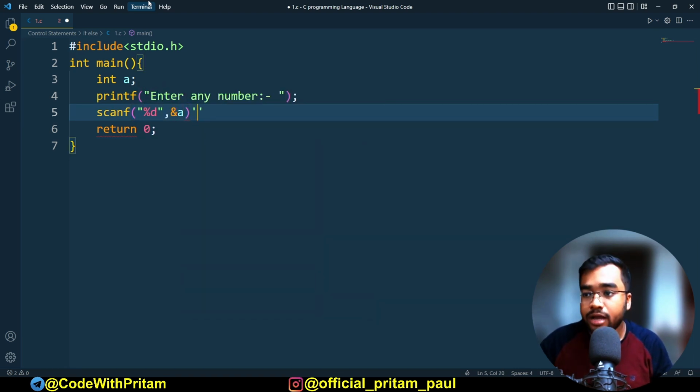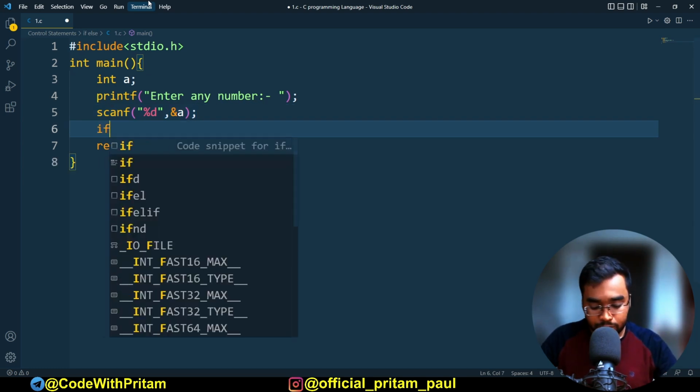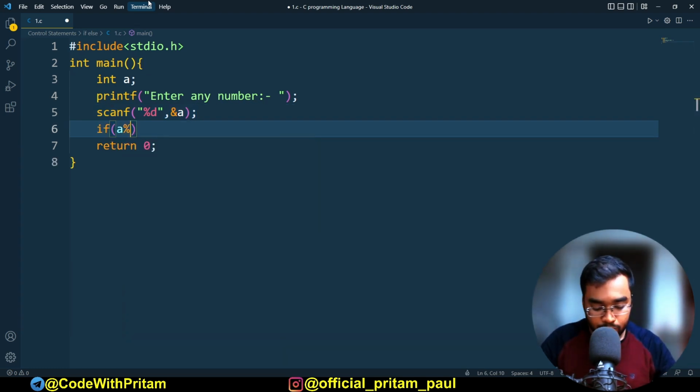Now, to find whether a number is even or odd, obviously we divide by 2, and if we have a remainder 1, then obviously it is an odd number. And if the remainder is 0, then it would be an even number. So, if a modulus 2 equal 1, then